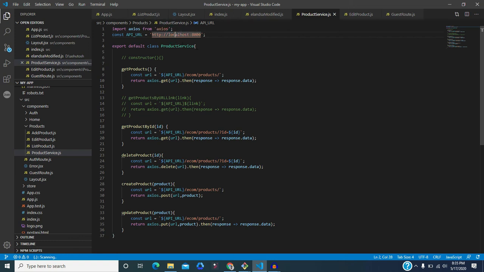In the production case, you only need to replace this URL. Once you do that, there is no need to change the entire code wherever an API is called. So we can make it a little dynamic. You can also make an environment file where you can define some global variables.